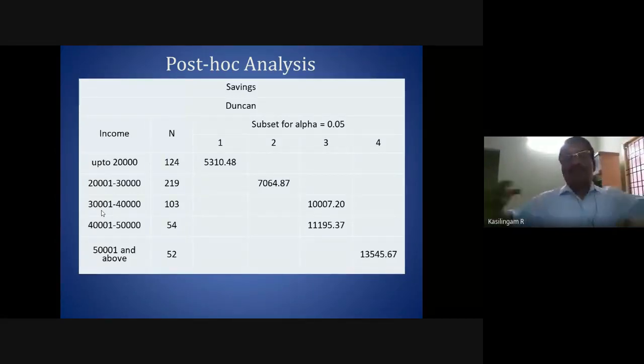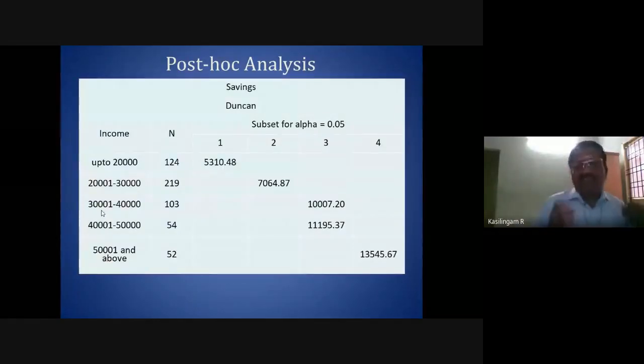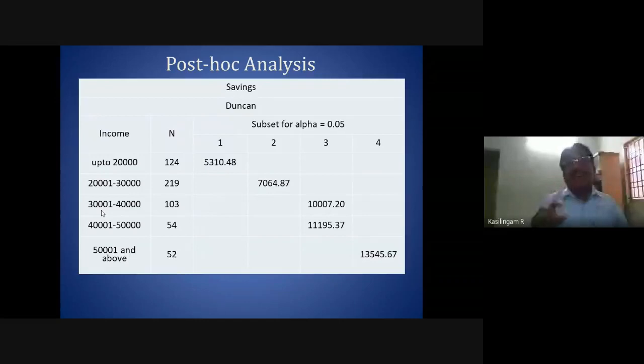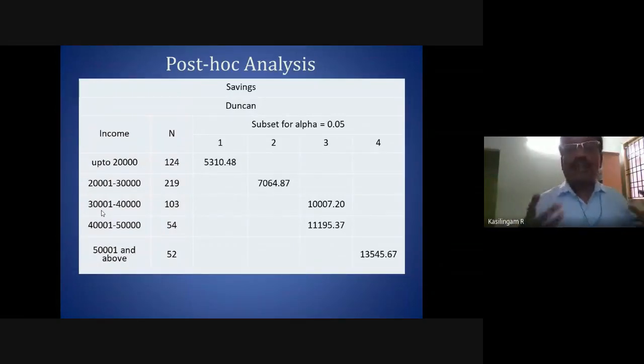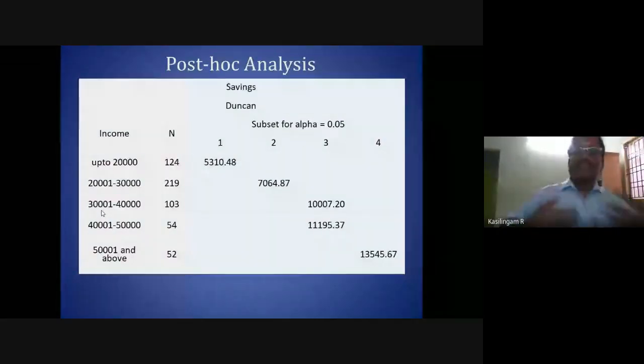Some people, the engineers, will write an equation. We can say saving is a function of income. This is what you need to write in a thesis. You have to write more and more of what you infer, what you are trying to tell. If income increases, saving increases, right? Whenever you want to increase the saving, you try to increase the income. Like that, we need to write.